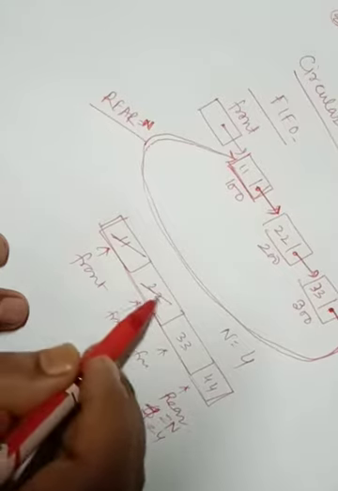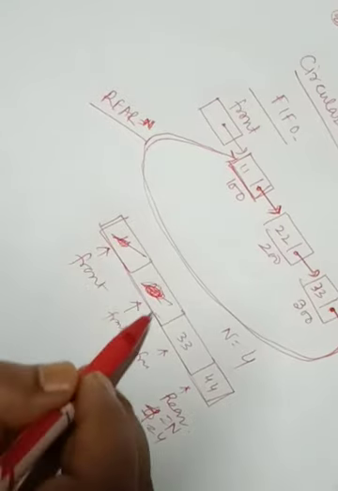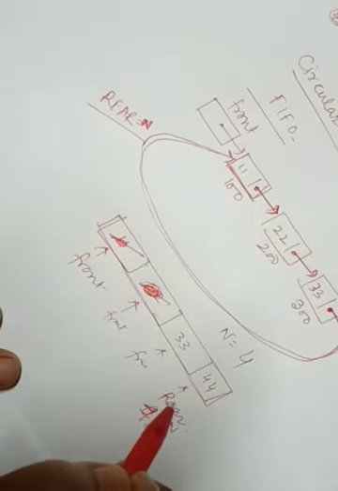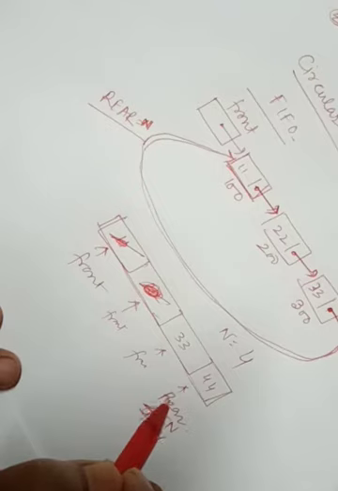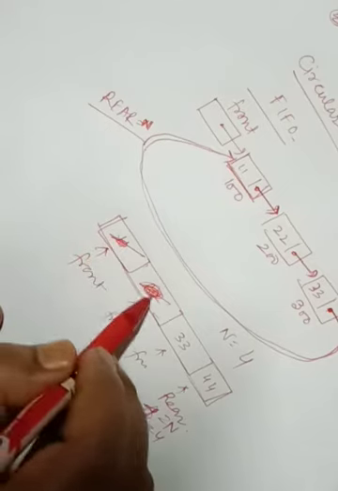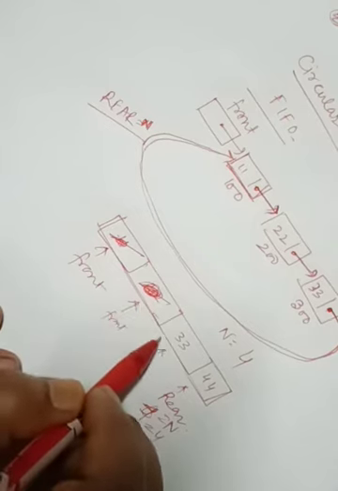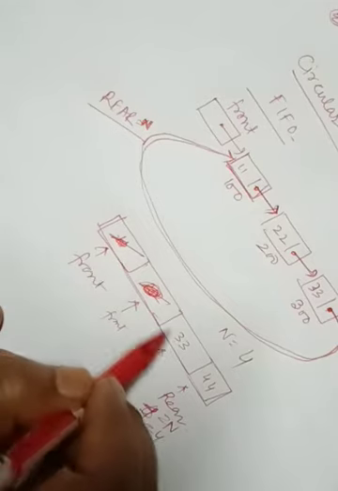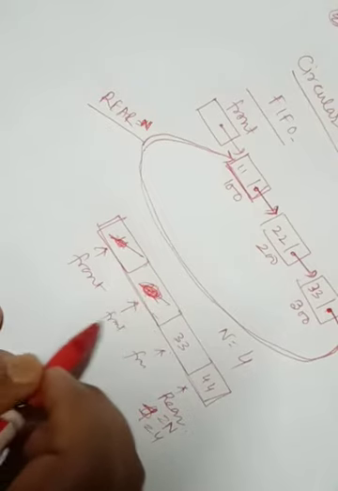Once these items are deleted, we will not get their positions back. If you want to insert one more item into the array, the queue will give us a message that the queue is full, but still there are two blank spaces in the queue. One way is to move the entire queue to the beginning of the array, so 33 will come here and 44 will come here, changing front and rear accordingly, and then we can insert the element.